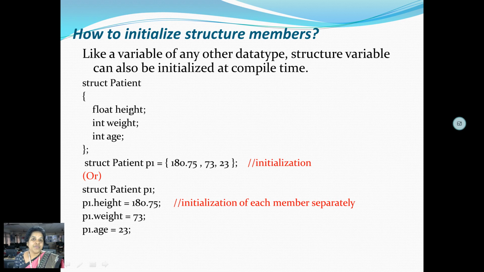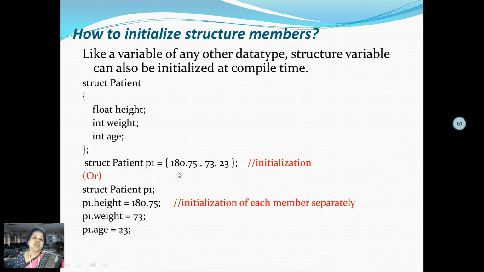Here we have 3 members, so for each member we need to assign the values. In whichever order the members are represented, in that order only we need to give the values. Struct patient P1 is equal to